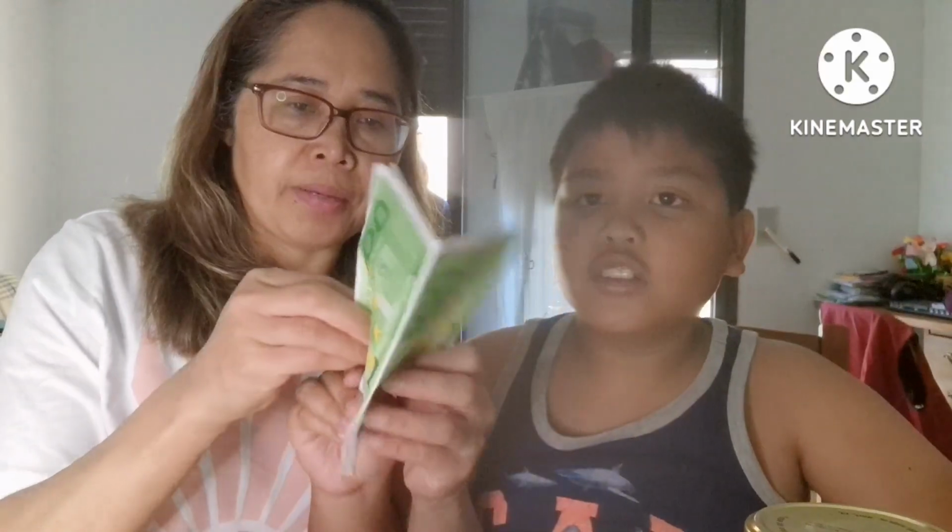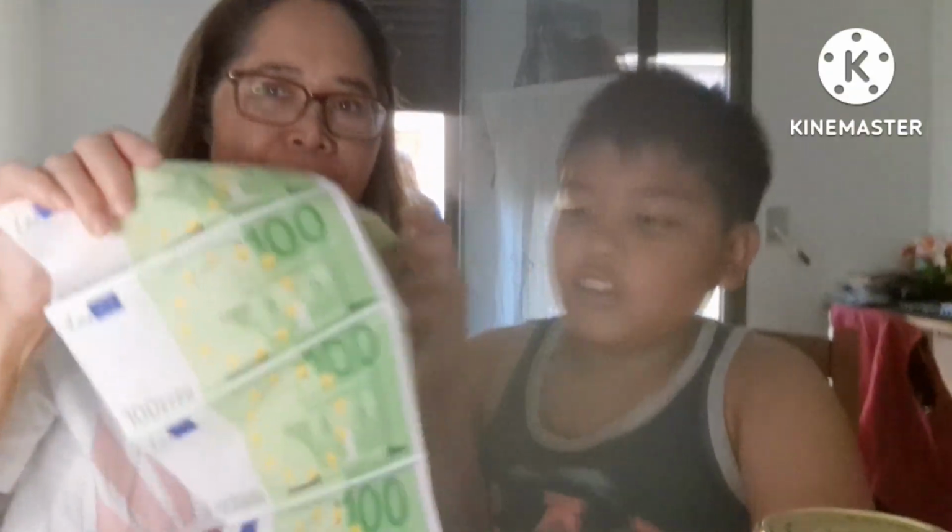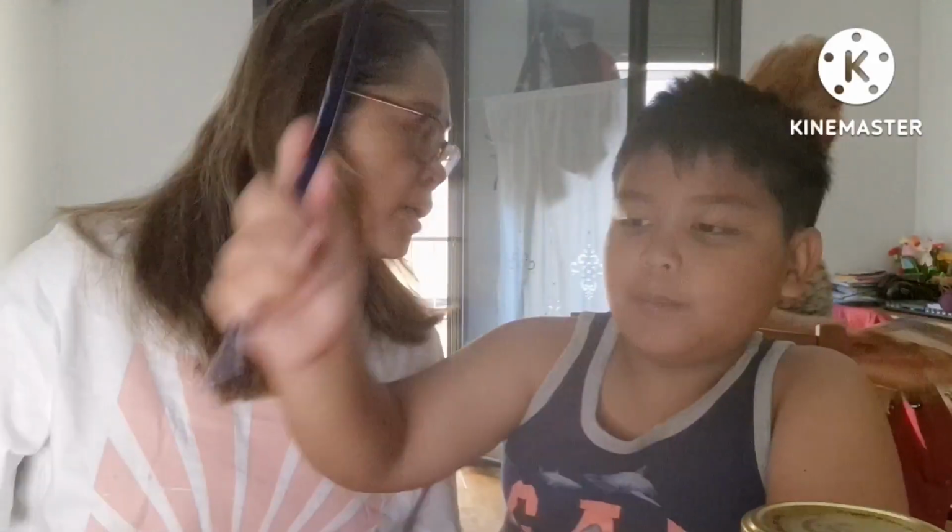This is tissue paper, with a design of fake money, $100 and euros. Tissue paper. What else? And then a paintbrush and the glue. Okay, so